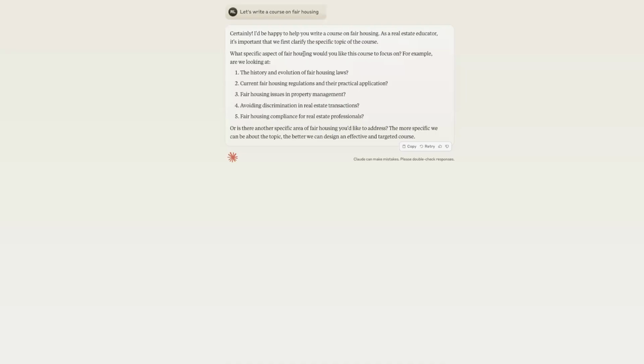What specific aspect of fair housing would you like this course to focus on? The history and evolution of fair housing laws, current fair housing regulations, fair housing issues and property management, avoiding discrimination, or fair housing compliance for real estate professionals. Do any of those tickle your fancy or something a little bit more specific?